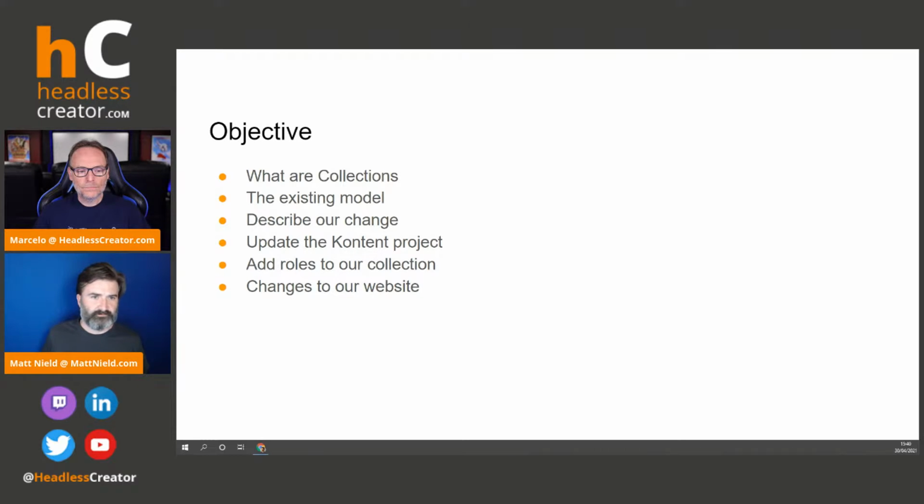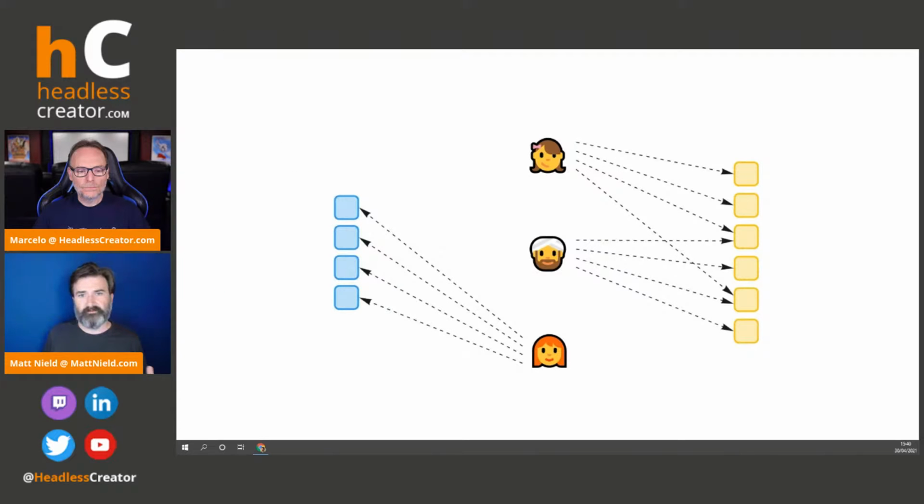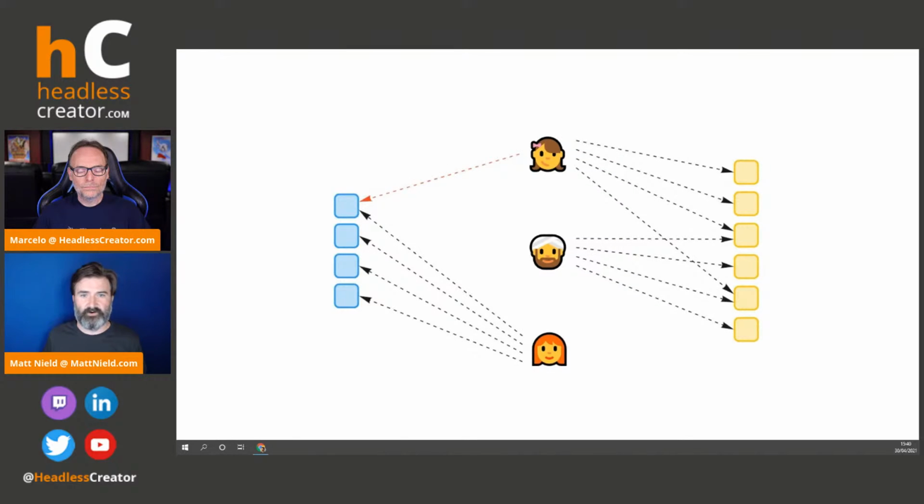If I wanted to visualize that a little bit more, I've got 3 very, very happy looking editors, and then we've got some blue content and some yellow content. The color really just denotes that it's for a different department, but in reality, these are all news articles or blog posts or product details pages, and these editors should only really be editing their own content. But because they're all in effectively one big bucket, one of the editors might edit something that they shouldn't, and that creates all sorts of kerfuffle. So in order to make it clearer where that content belongs, what we can do is create these collections, and